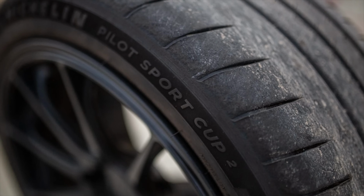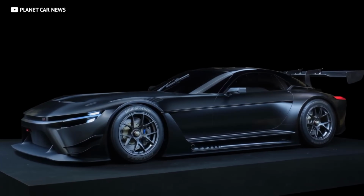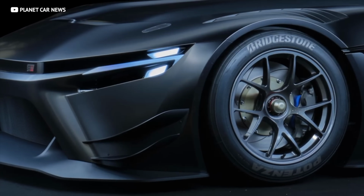Plus, it's already wearing 20-inch Michelin Pilot Sport Cup 2 tires. Serious rubber that tells us Lexus means business when it comes to on-road grip. I mean, if they're pulling off sub 8-minute lap times while they're still developing this thing, chances are this car's gonna be quick, folks. So we know it'll look good and go fast, but this all raises the question,